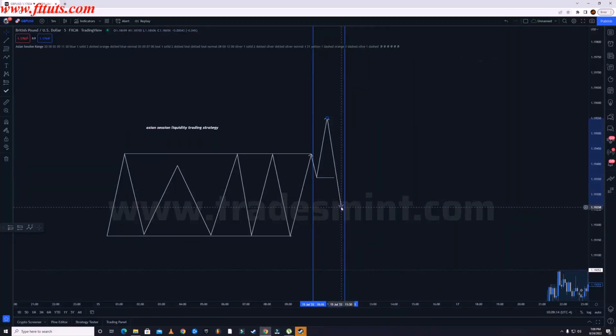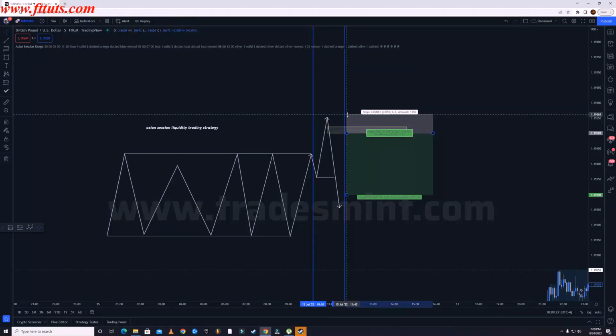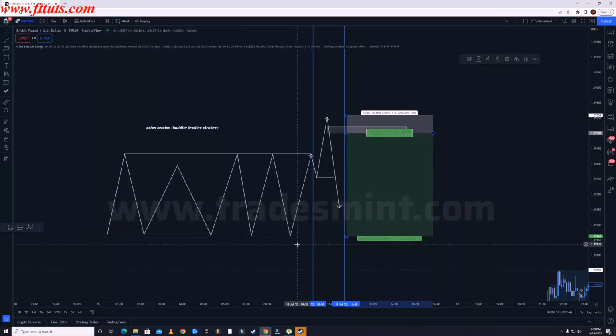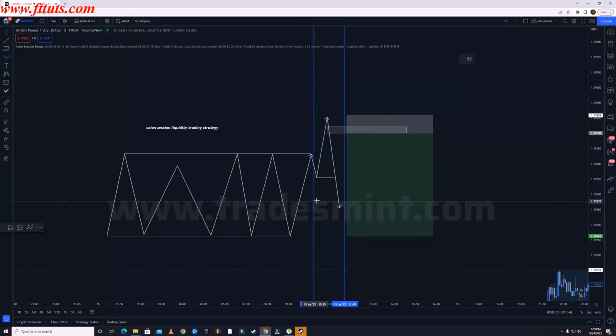All right, once that market structure shift has happened, you want to identify an order block plus fair value gap. You want to go short, put your stop loss right above there, and you want to target the low of the Asian session. Okay, so what's price gonna do? It's gonna go back up and then it's gonna take out the low of the Asian session. All right,